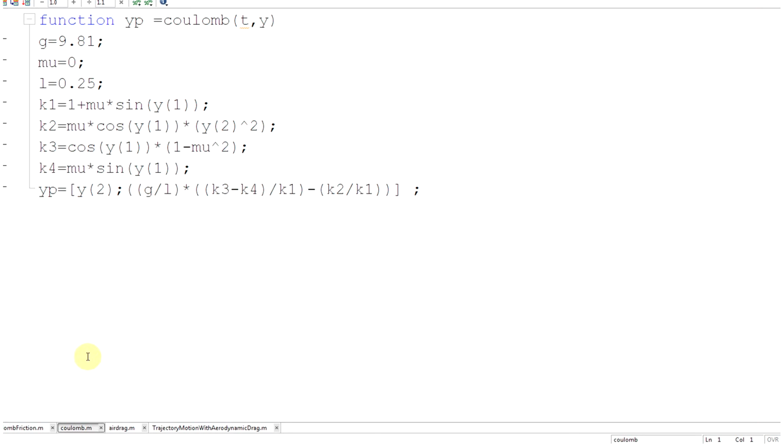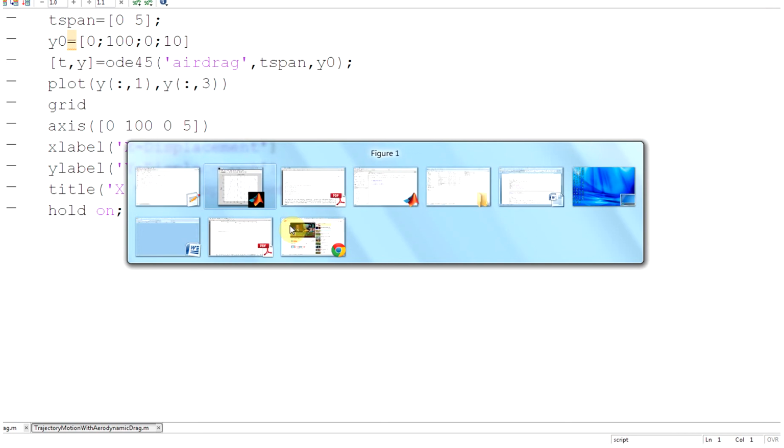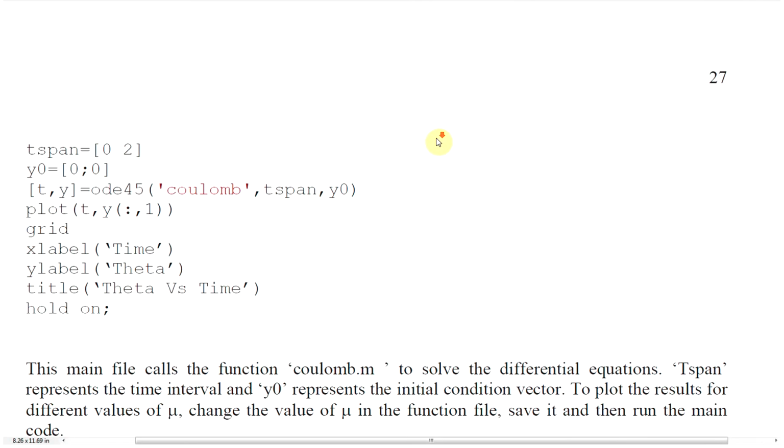There's the Coulomb friction. Okay, and there's my output there. Excuse me for yawning. Shut that down. The next one he did was